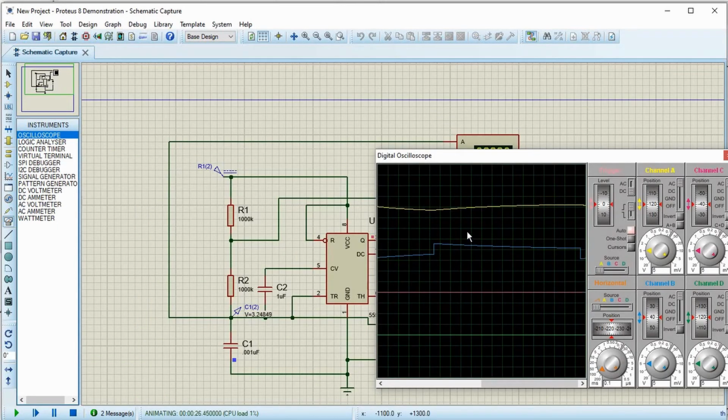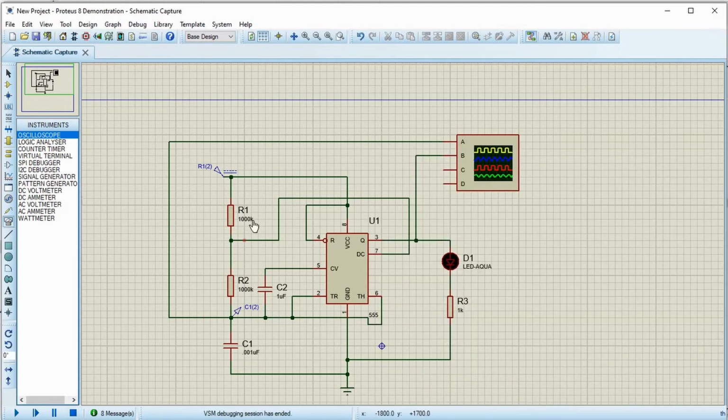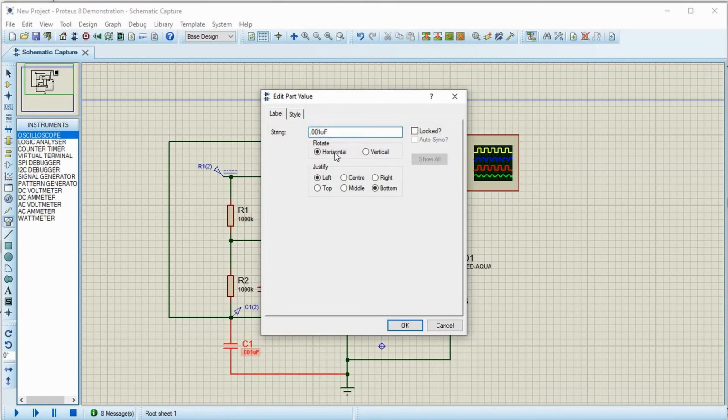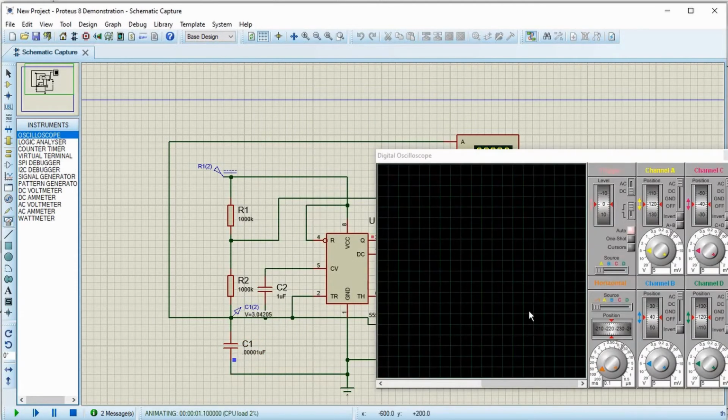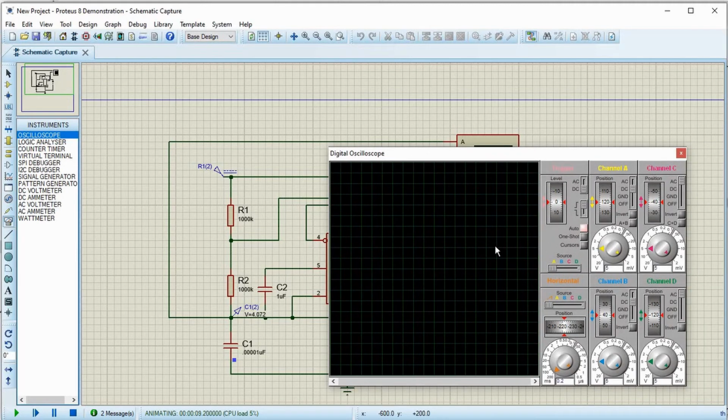Okay, the timing is still a lot to fit into the screen. Let me reduce it a bit more. Again, for scope, put all of them to DC. A tutorial on the scope is coming up.